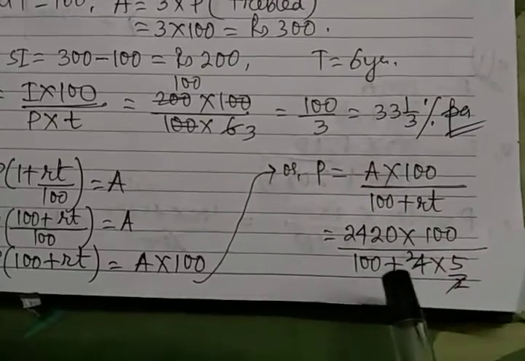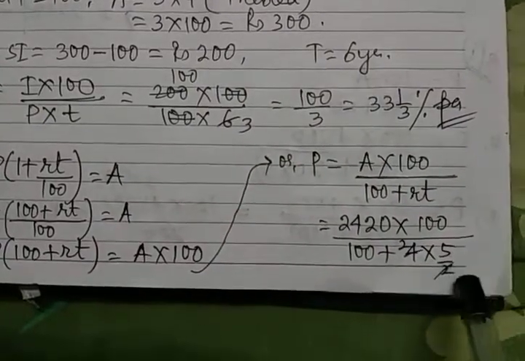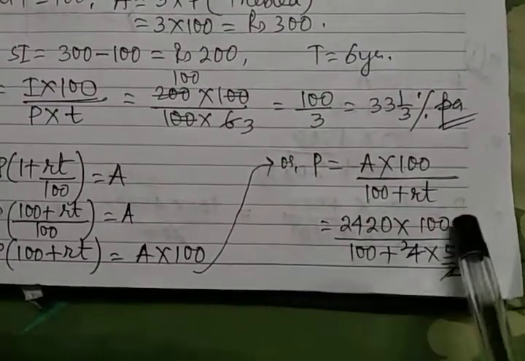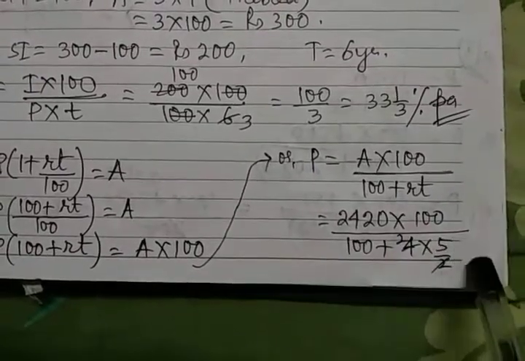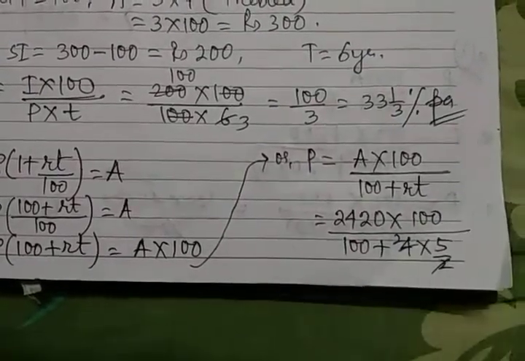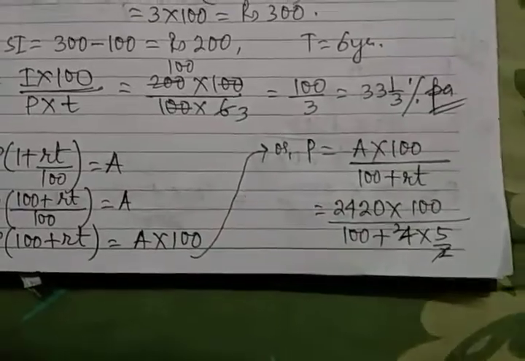So that way, you are putting the values of rate and time. But don't cut this 100 with this, because this is a bracket. Okay, I missed the bracket here. Actually, this will be a bracket. So you have to get a single value. Then you can cancel with the numerator.